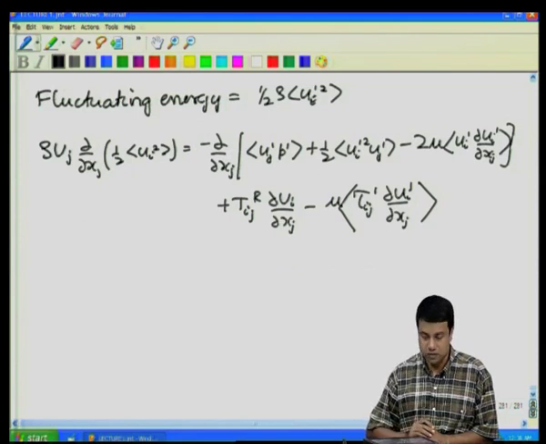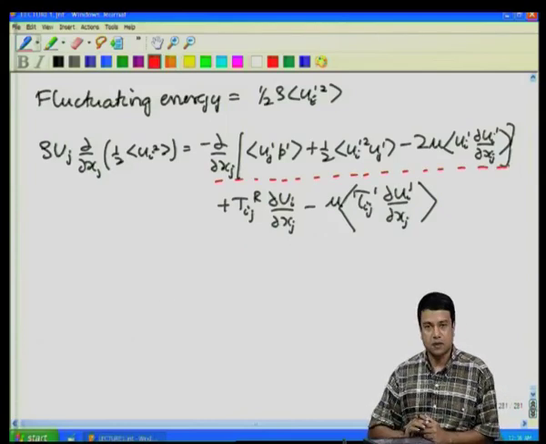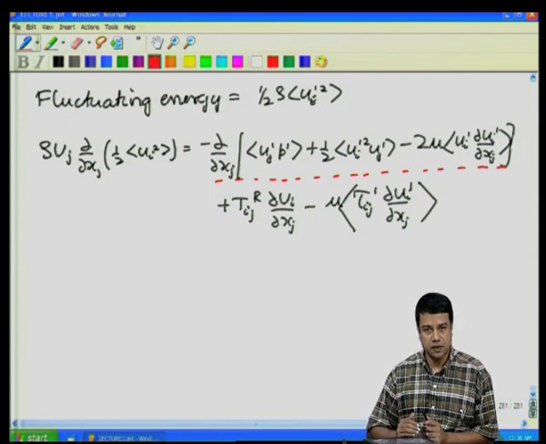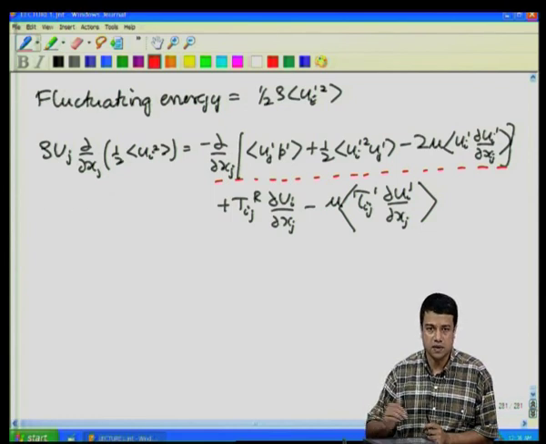Okay. So, time average as usual. There are various terms in this equation, but I would like you to focus on just two of them. These first few terms here are of course the divergence of something. These are all the divergence of some fluctuating quantities, averaged. The divergence of some quantity means that when I integrate over a volume, it is equal to the flux of that quantity across that surface. So, these do not represent a net increase or decrease in the fluctuating energy, but rather just transport across surfaces.